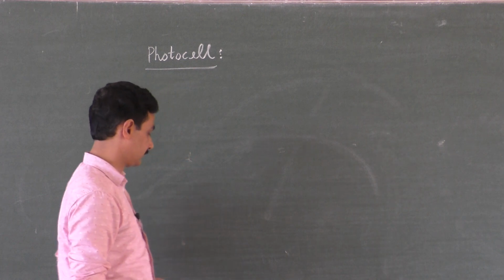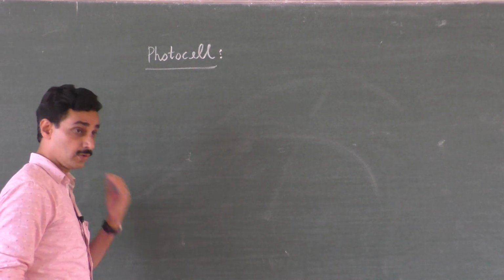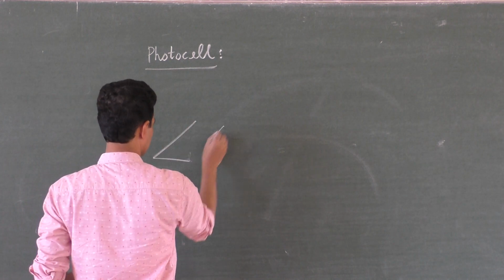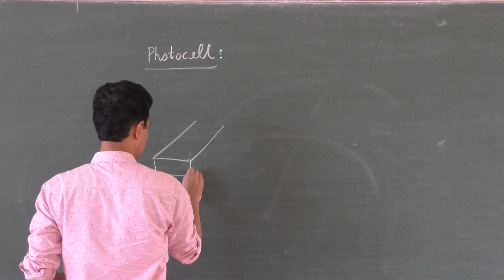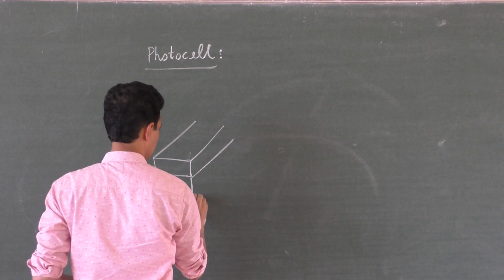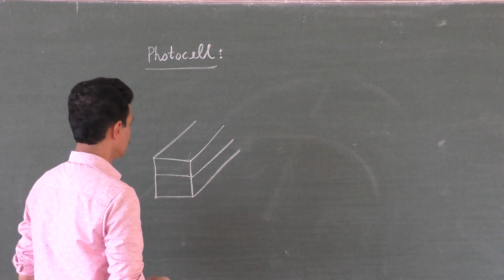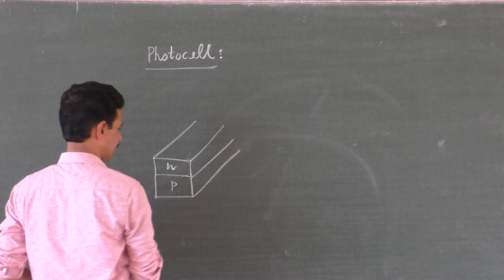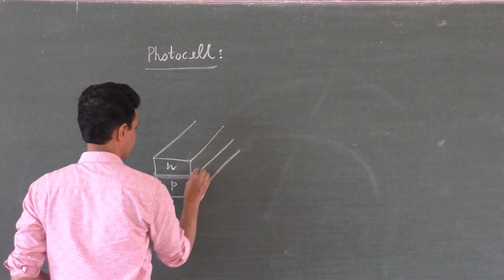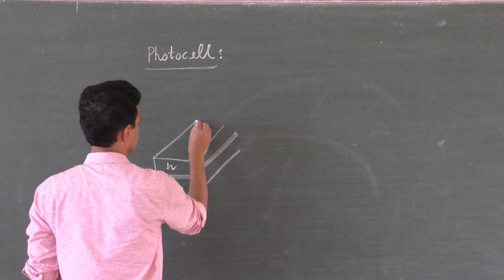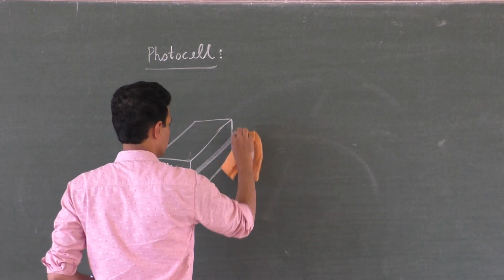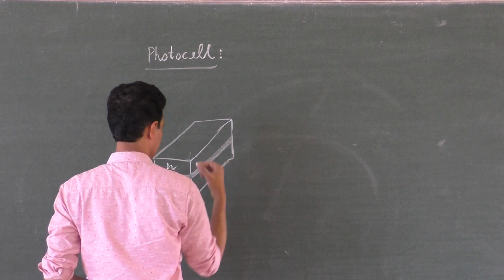So how does it act? A photocell consists of a PN junction, like this, a silicon PN junction. I will show it like this now. So this is the N side and this is the P side, and the depletion layer may be somewhere here, a very thin depletion layer, like this, say. Okay, I'll complete this, like this. So a solar cell consists of a PN junction.